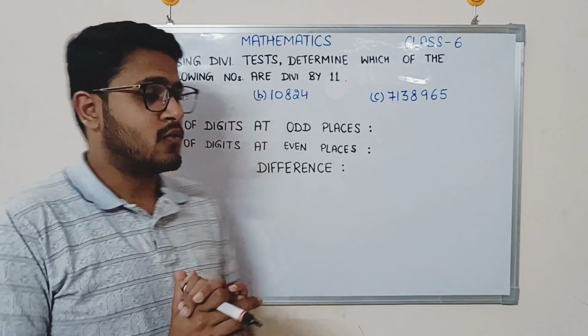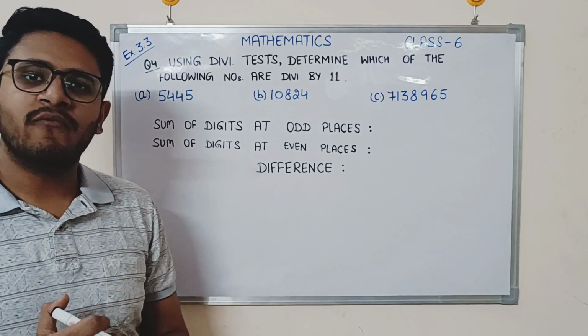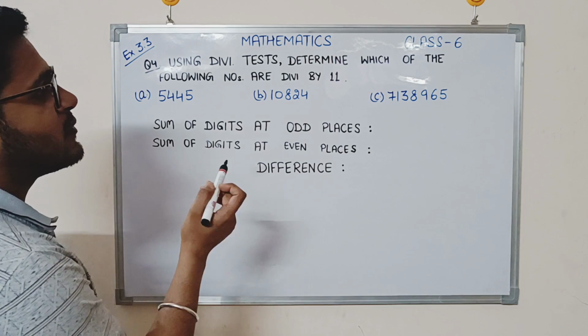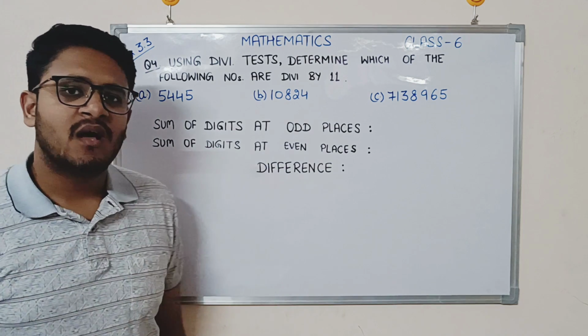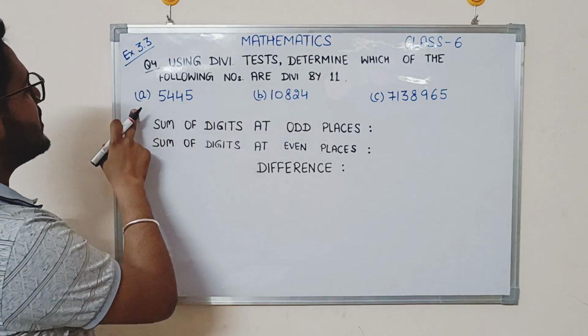This is exercise number 3.3, question number 4. It says using divisibility test determine which of the following numbers are divisible by 11. Here the first example is